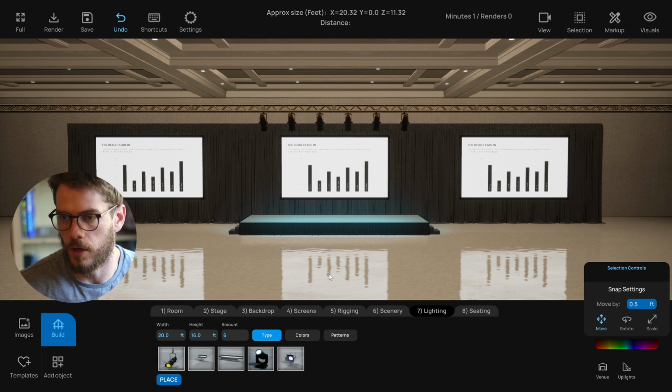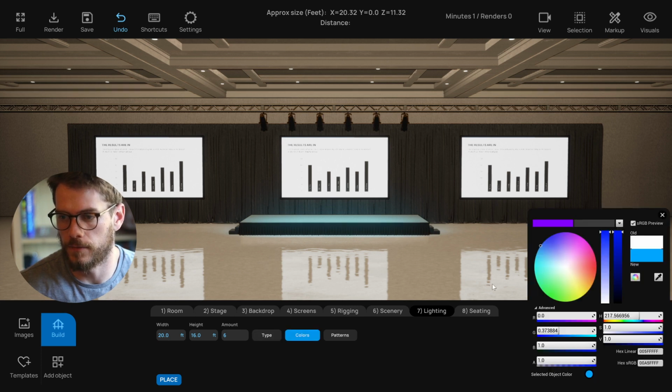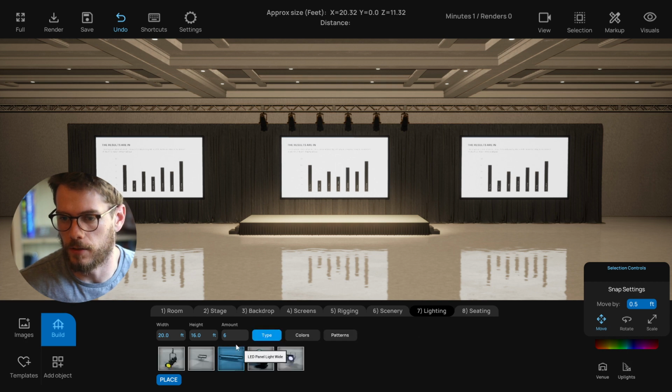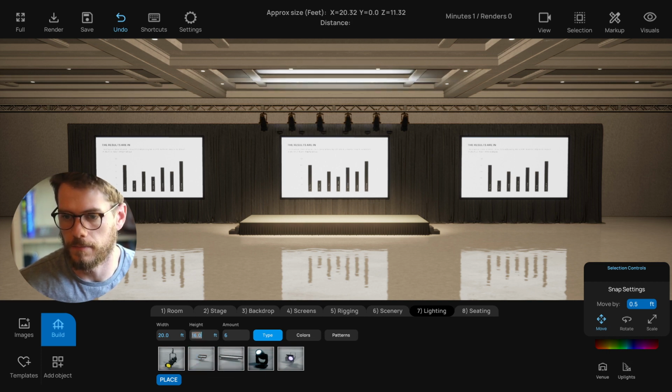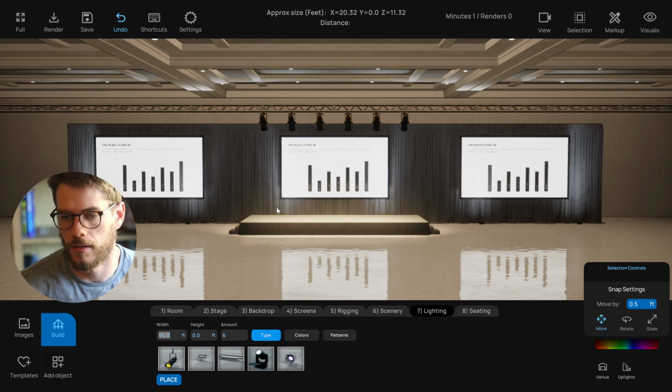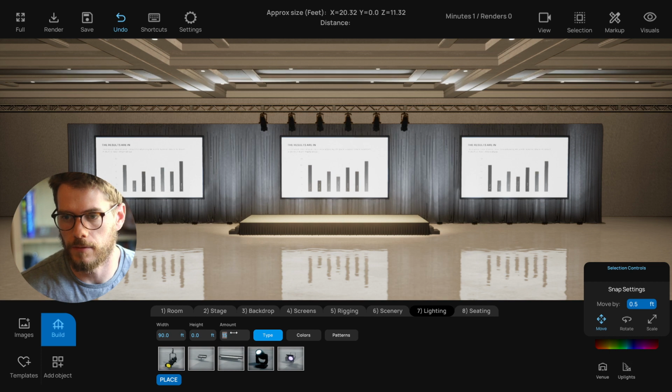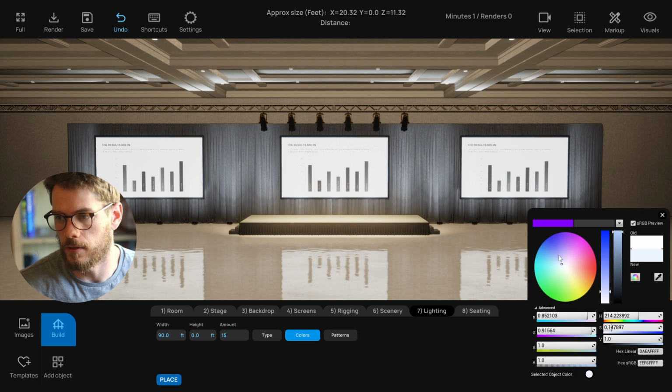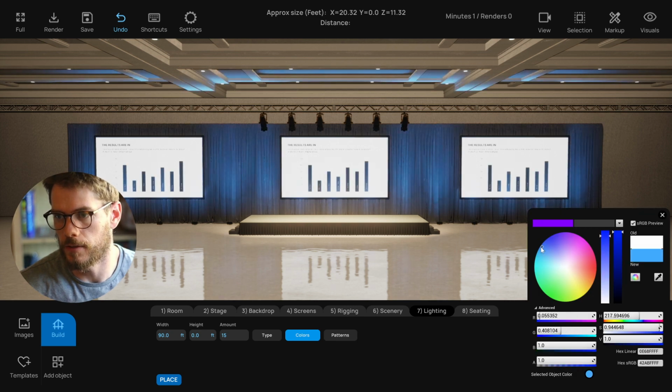some front wash here. So I'm going to change the color of this to a white, something like that. And then we can go back here, place those lights, and maybe add some uplights on the drape. So I'll click this uplight button, and I'll make sure this height is set to 0. And I just want the lights to go across the entire drape line here, and we'll say we want like 15 of them. And so we got that look going. And then we can also adjust the color of that to be something different,